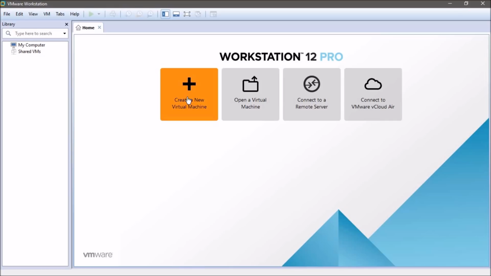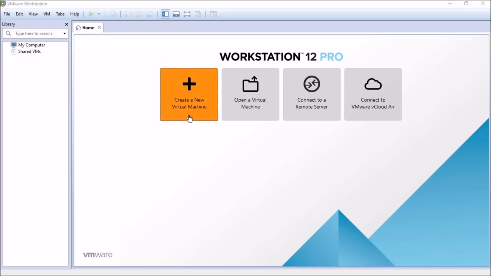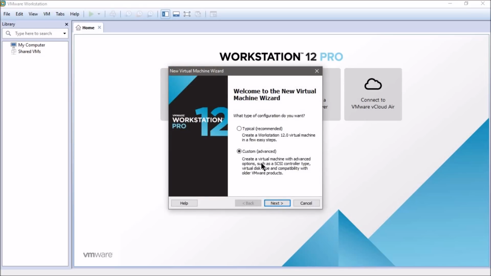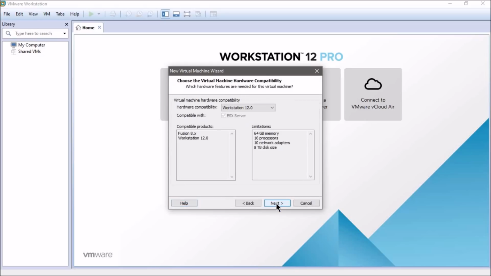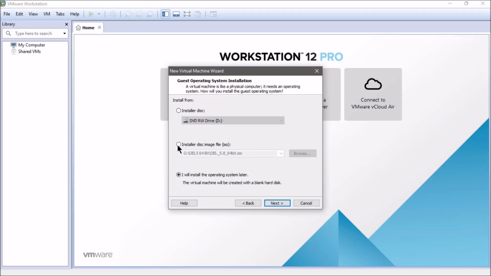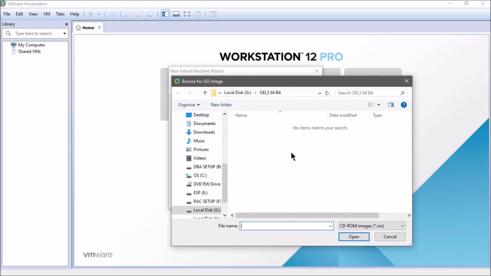called OpenFiler. So I am using a virtual machine. I'll have to create a new virtual machine. Let the custom advanced be selected. Click on next. Click on next again. I'll have to locate the option